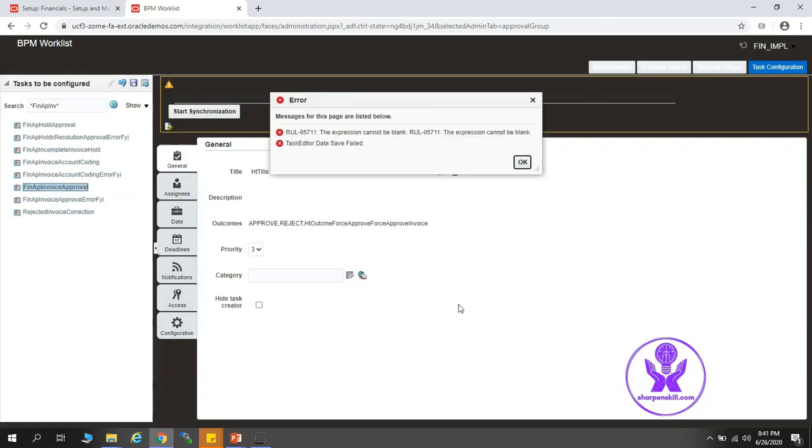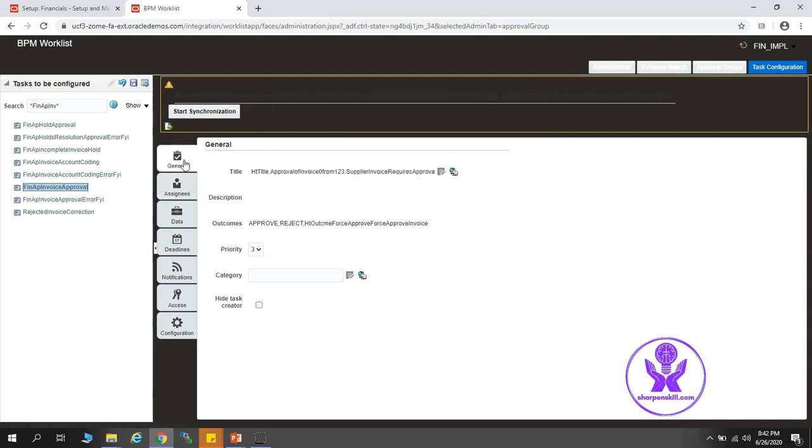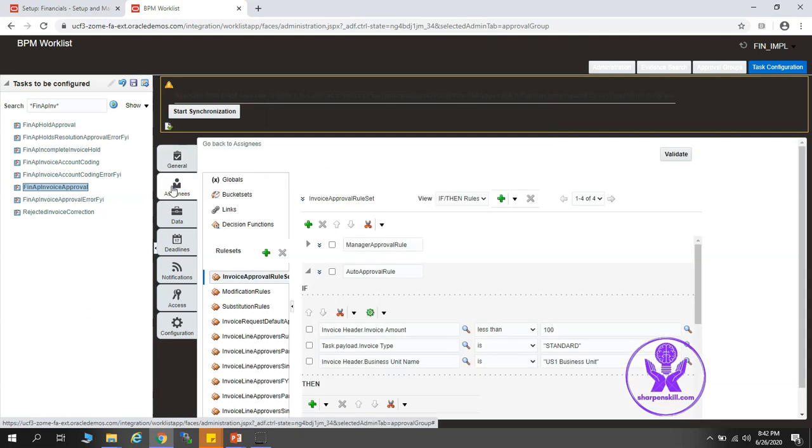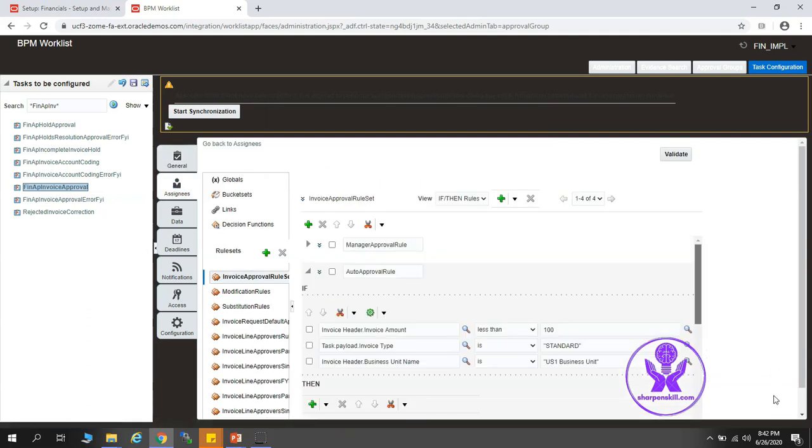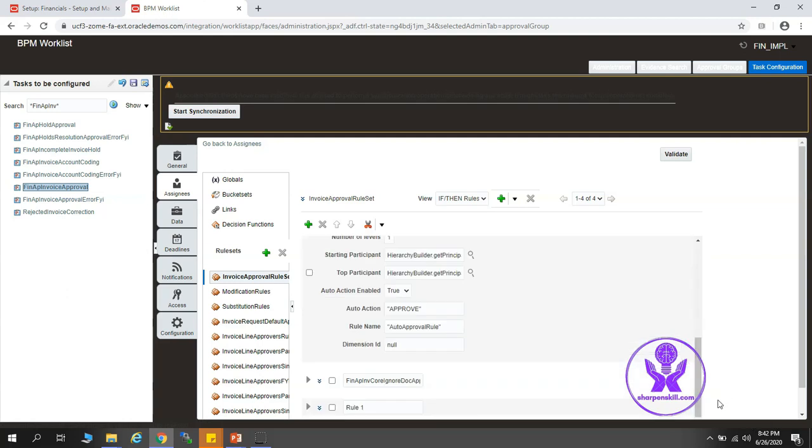Click OK. Alright, so we got this error because we have created a rule but we didn't configure it, if you remember. So let's go back to the assignees tab, and if you see here we have created rule 1 but we didn't configure it.